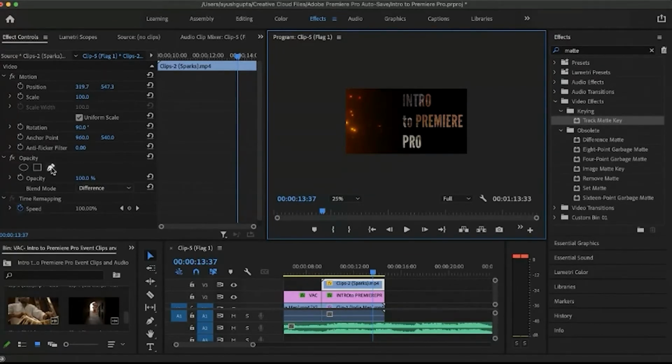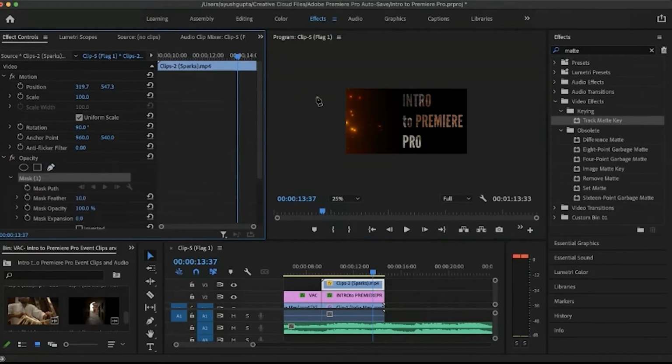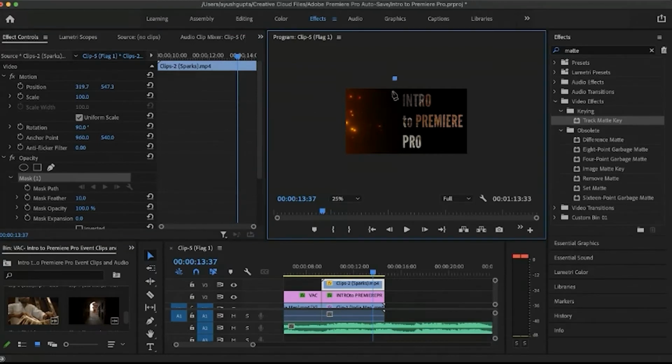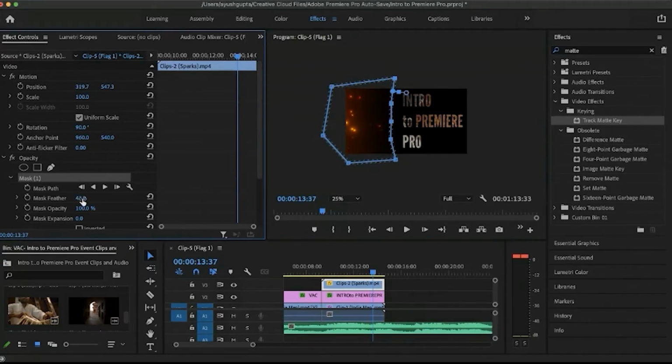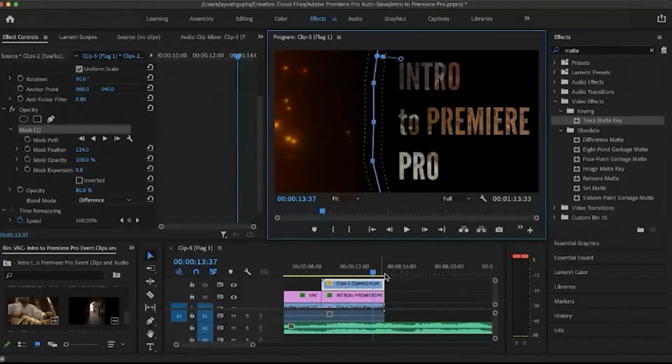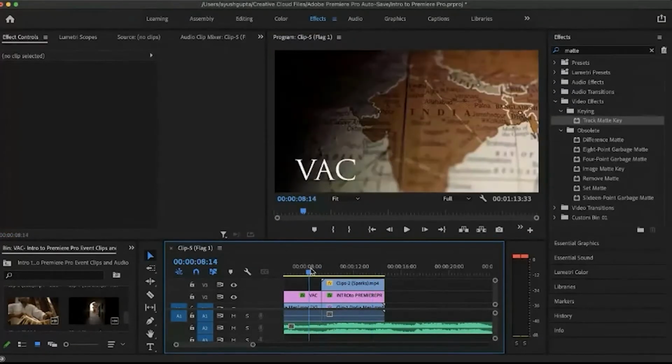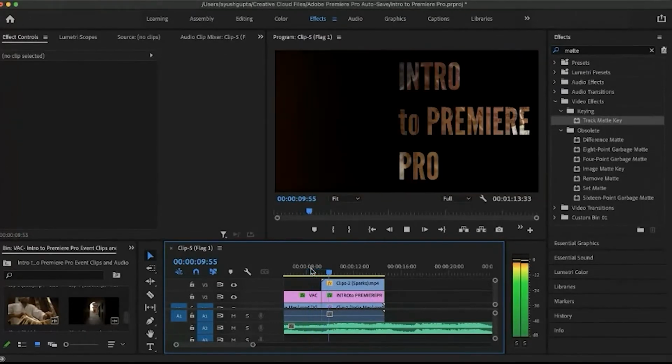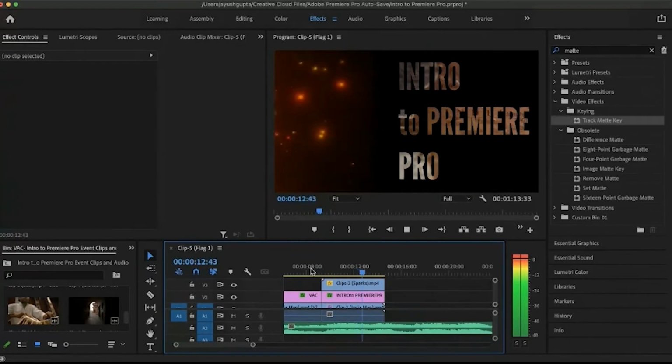Under the opacity, there's a free draw Bezier pen tool. We'll draw around and then reduce the mask, improve the mask feather, and collectively we'll decrease the opacity to around 80%. Now after this is done, we'll go to fit screen and then play and see if it works. Yeah, it works.